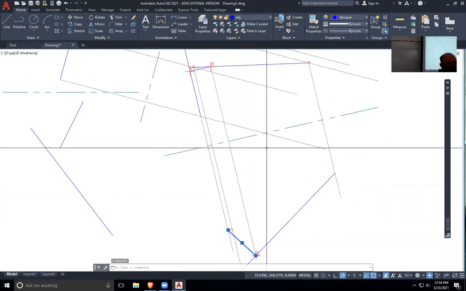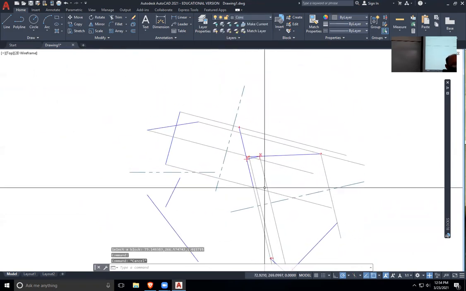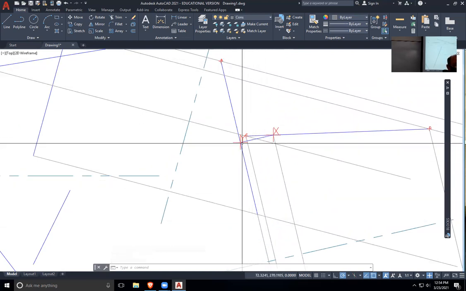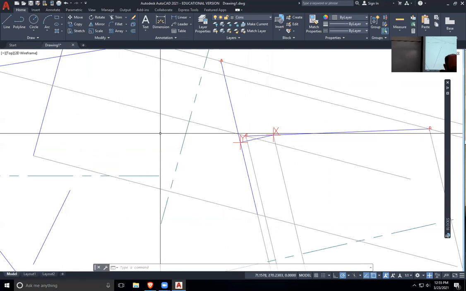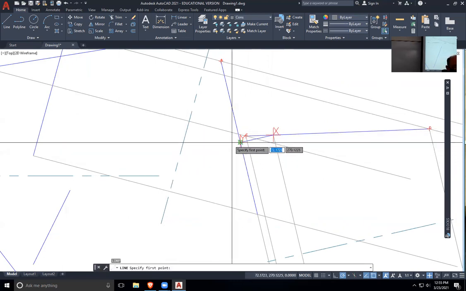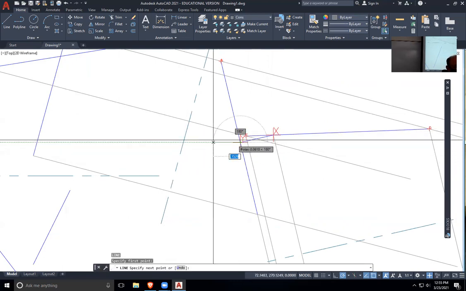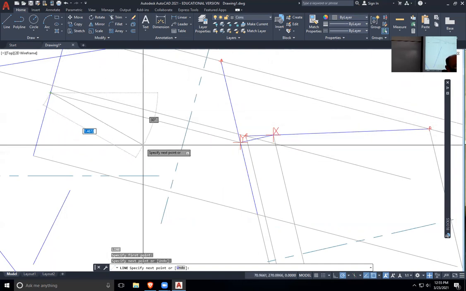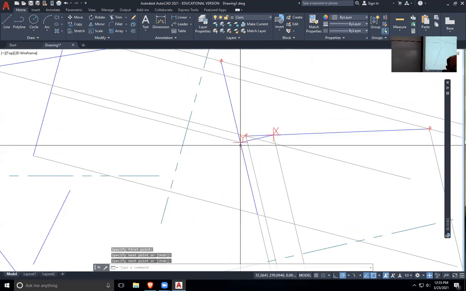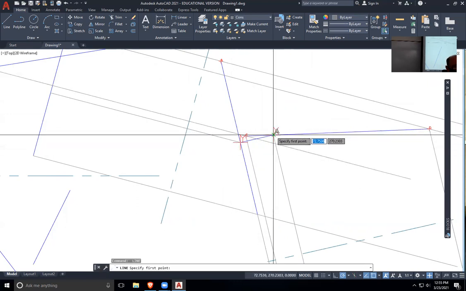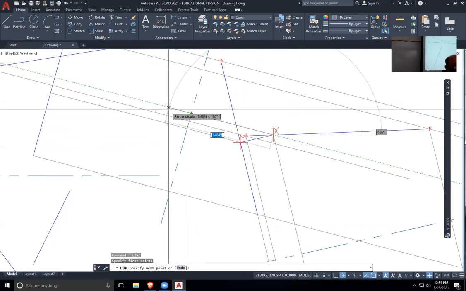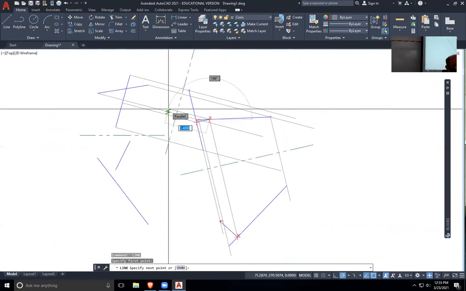Now that I have it where it is on line AB, I can project it perpendicular there. That's good. I can copy that. And then another line perpendicular here, all the way extending to line